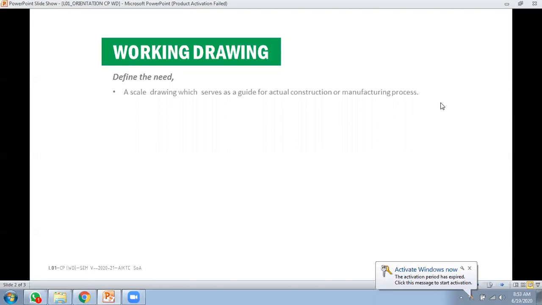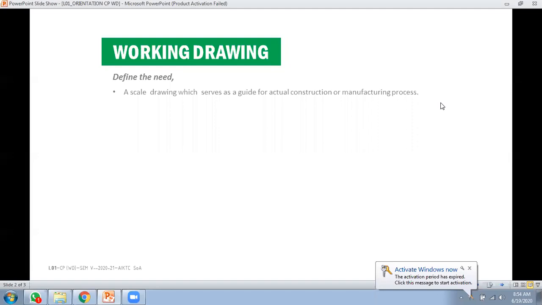Previously, before we got plotters, which are available very easily right now, we used to have the working drawing printed on a gateway sheet, and then we used to create many copies using the blueprint method.